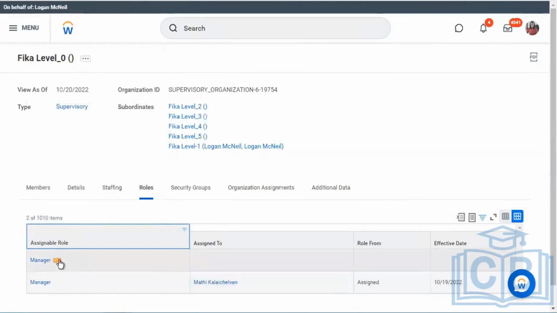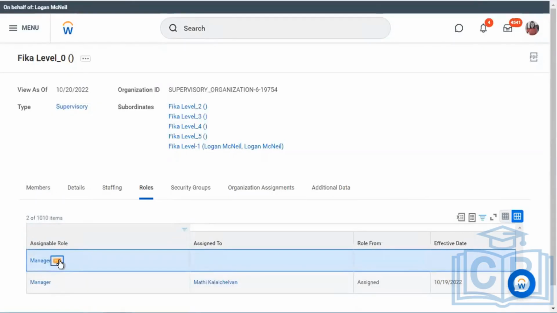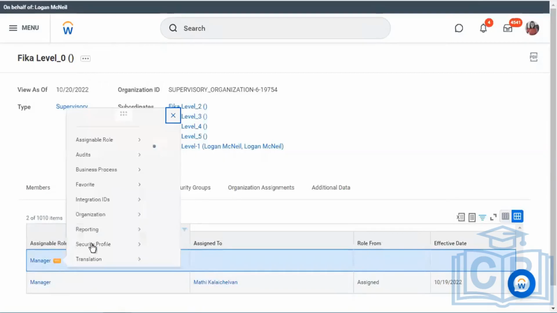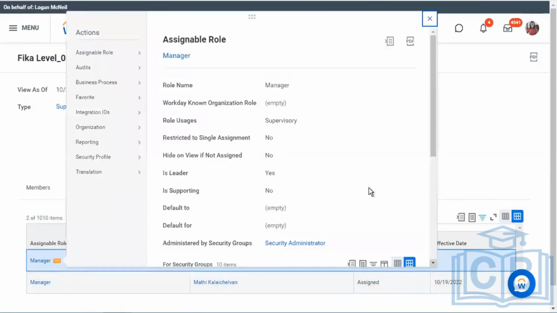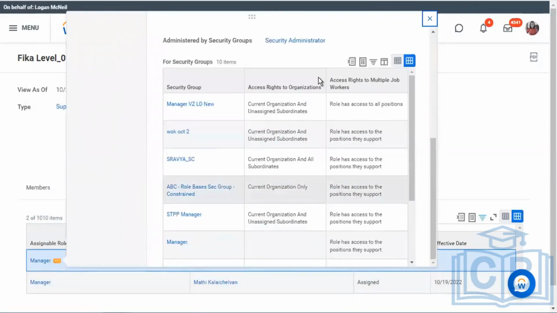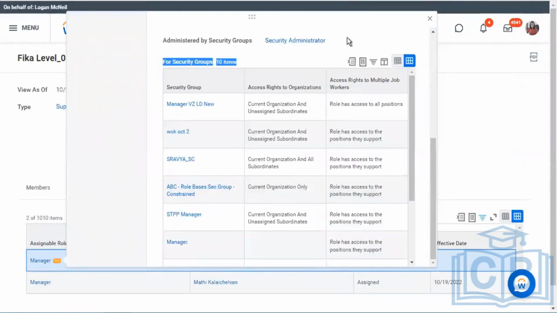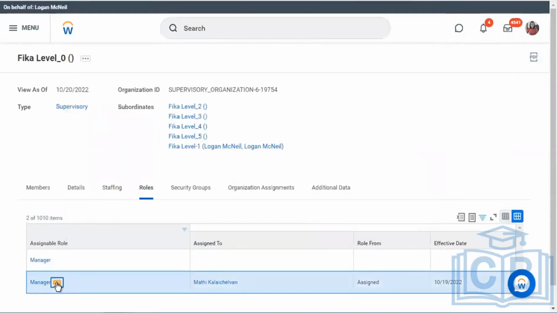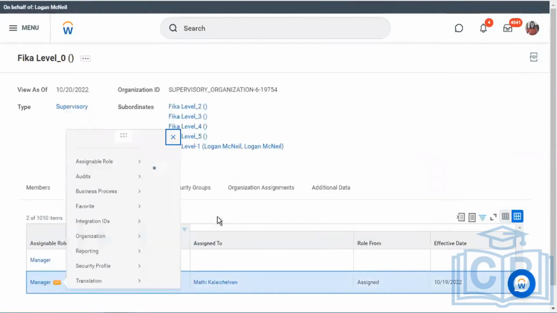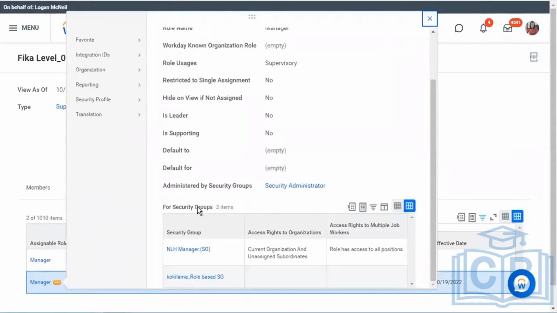You see, I have assigned my Matty collection. Who's the one which has this description? Use the other one. Not able to differentiate between them. Just keep that. It has security groups for 10, while this one is only for 2 items. You don't need to use this.